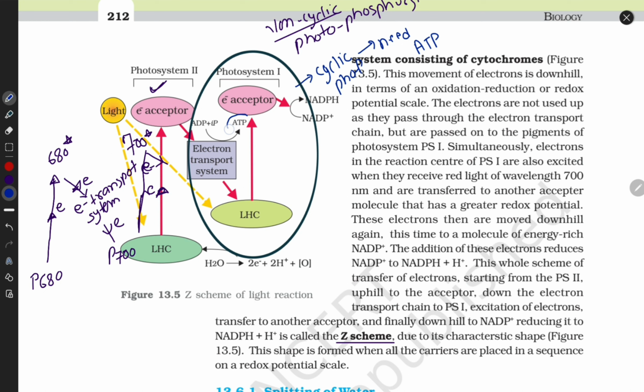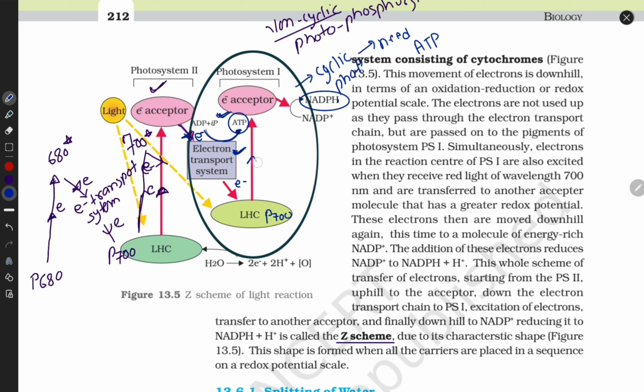Here we get ATP, guys. In the non-cyclic we get ATP and here we get NADPH. Now after accepting the electron, it releases an ATP molecule, and yes, this molecule we want. The plant wants this molecule. And after excitation, with the electron transport system,